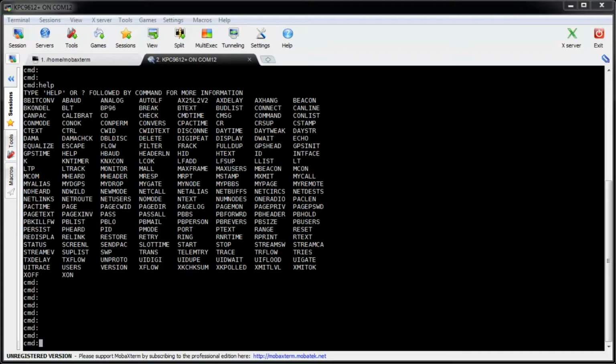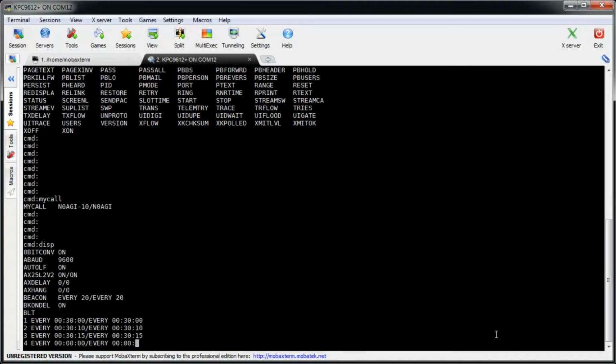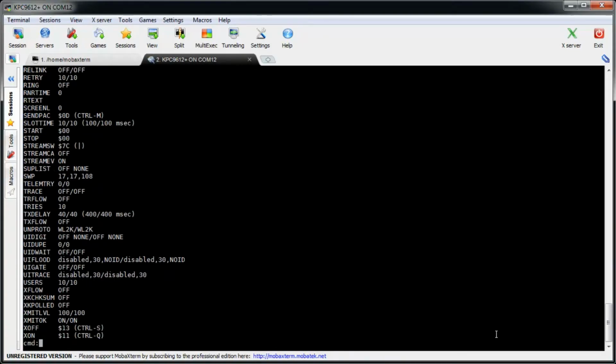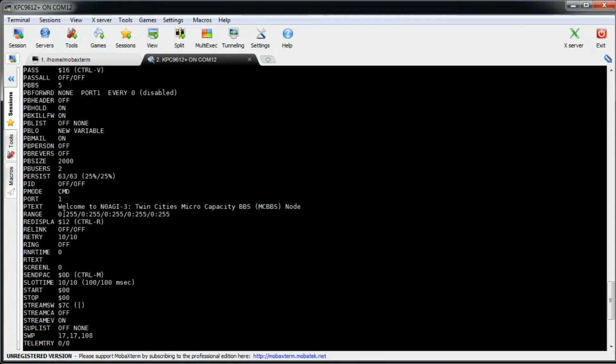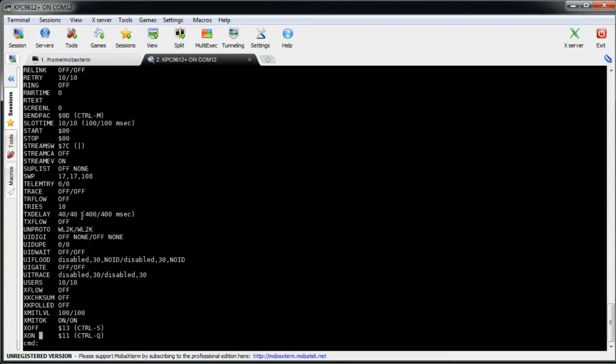Okay, so here I'm logged into my KANTRONICS 9612 Plus TNC with my MobaXterm terminal. If you go to my display, these are all the several settings in the system. And as you can tell, there are several settings. This one here is for the Twin Cities